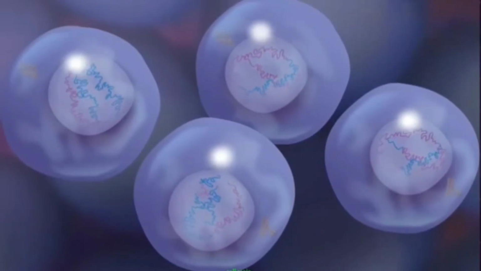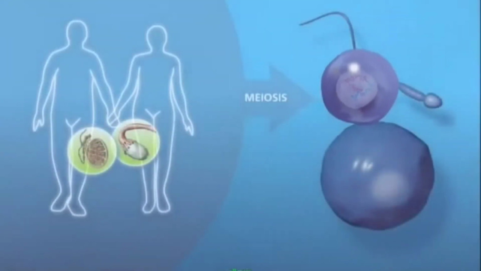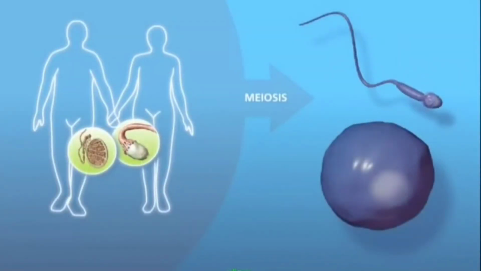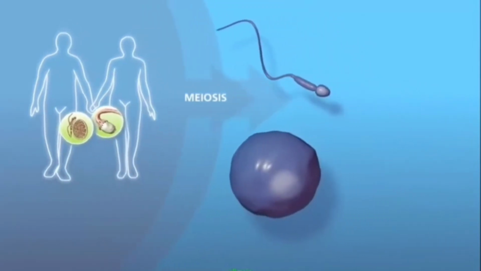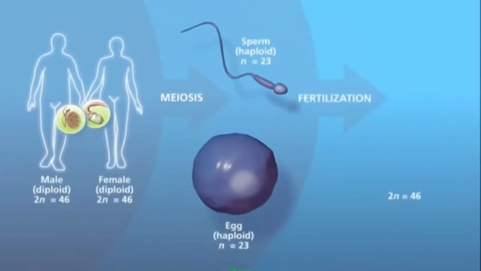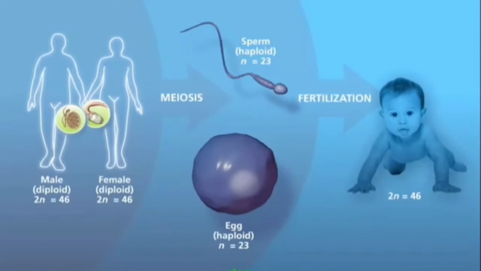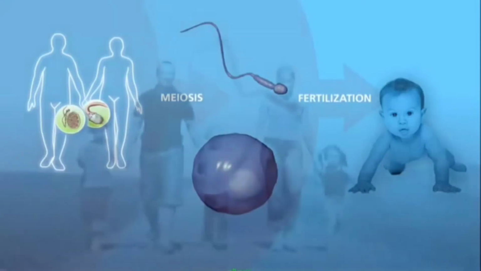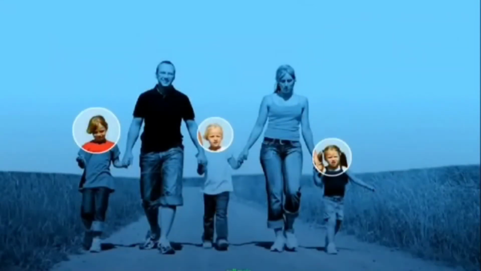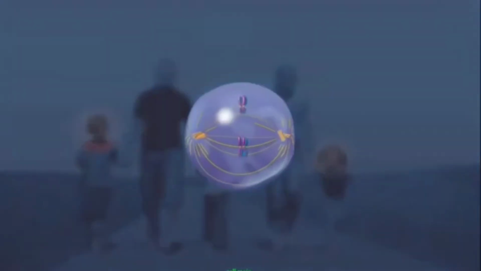The haploid daughter cells will specialize into gametes, either sperm or egg. These fuse in fertilization to form a zygote, which grows into a child. The child receives half of its chromosomes from its mother and half from its father, because men and women produce millions of gametes, and the selection of gametes in fertilization is random. This contributes to genetic diversity. This explains why a child isn't identical to either parent, but why are siblings not identical?